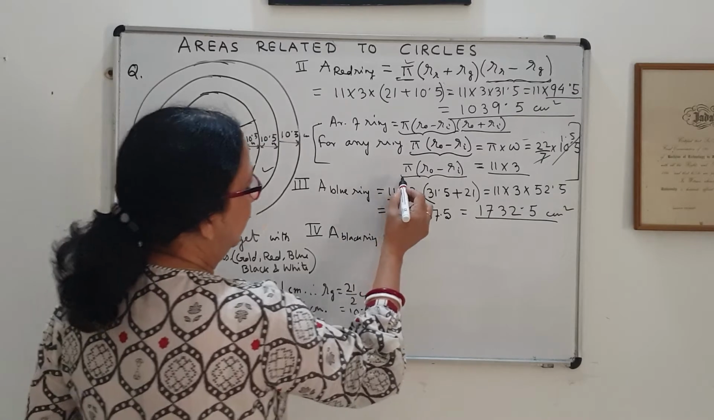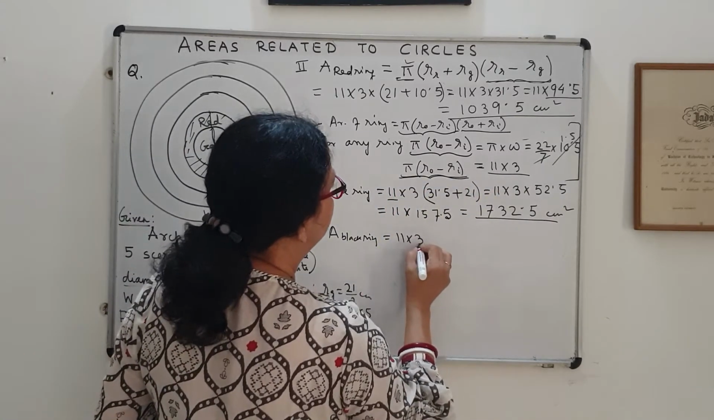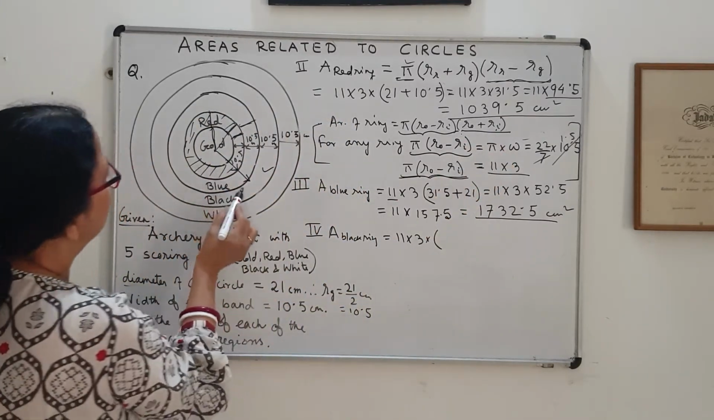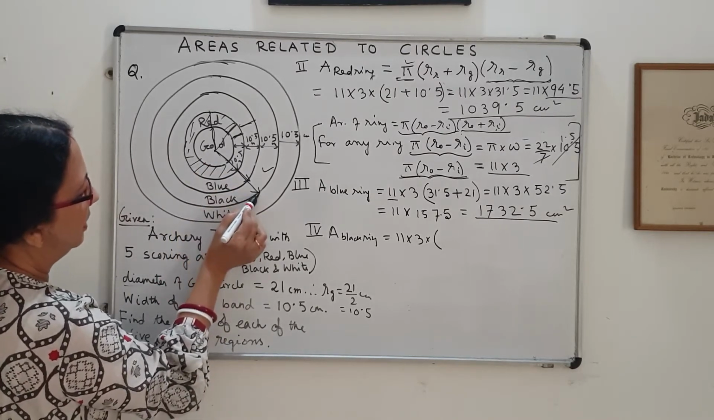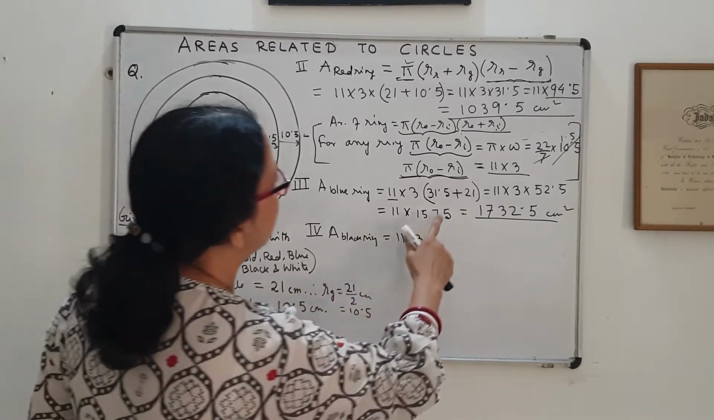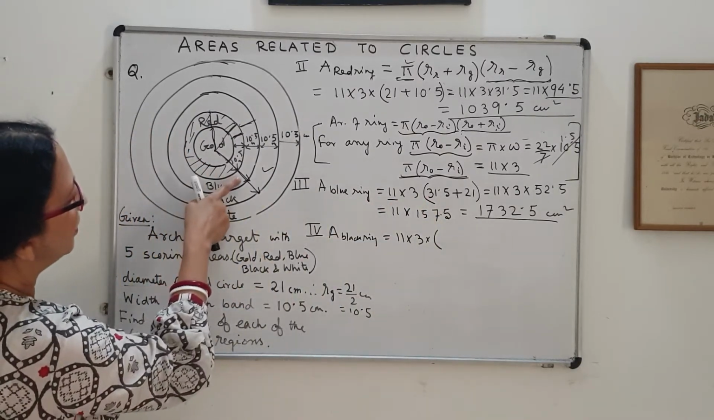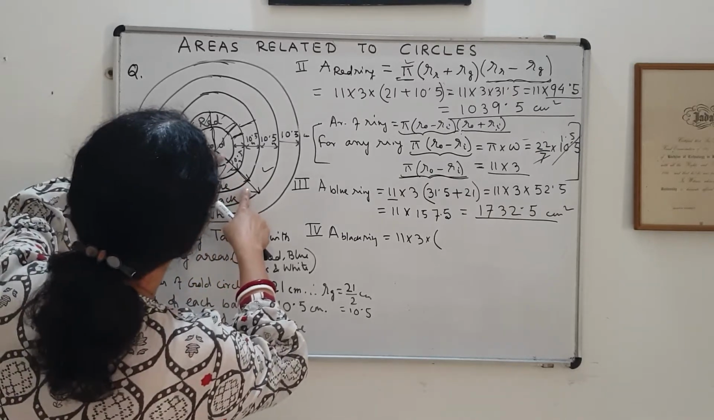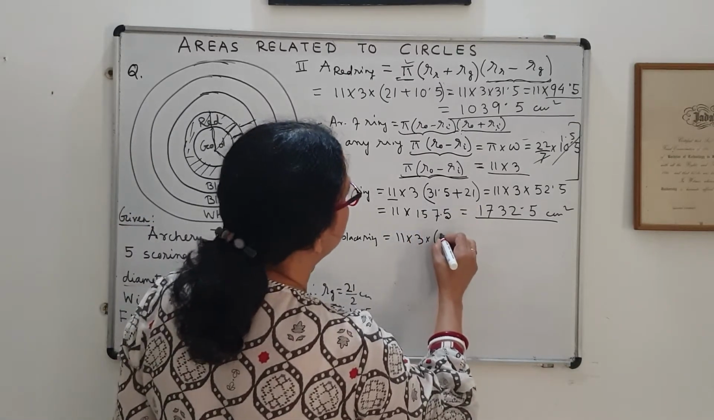Similarly, for any ring, this part is fixed. I write 11 into 3, and then what I have to write? Sum of the outer plus inner. So for black, the radius of the black is the outer one. So for blue it was 31.5, then 31.5 plus 10.5, yes. So you have to add, so it is 42